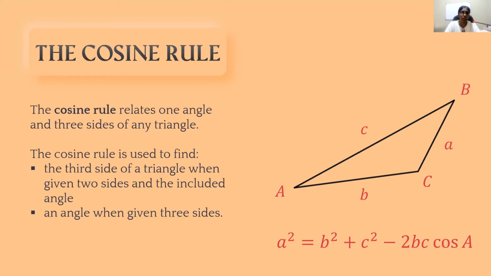So children, you can see with cos A, only one angle is there. Whereas in the sine rule, you have two angles to take. So you must know, looking at the triangle, which rule you're going to use. If they have mentioned only one angle, or you have to find one angle, you have to use the cosine rule, right? So Sandhu teacher, can we write for the other sides as well? Yes. If you have to find b squared, then we can write b squared equals a squared plus c squared.